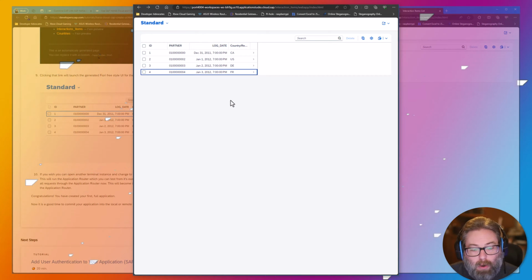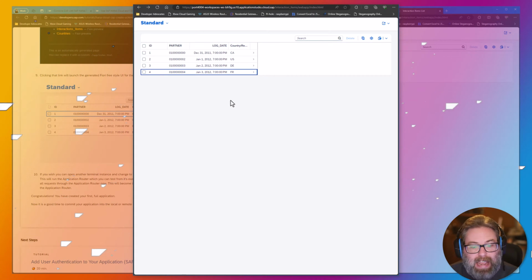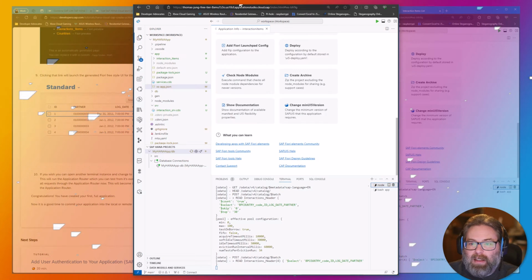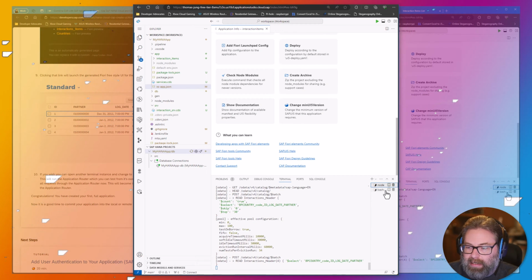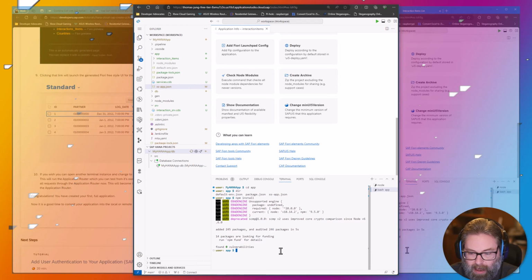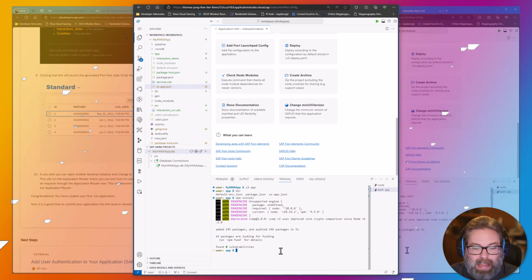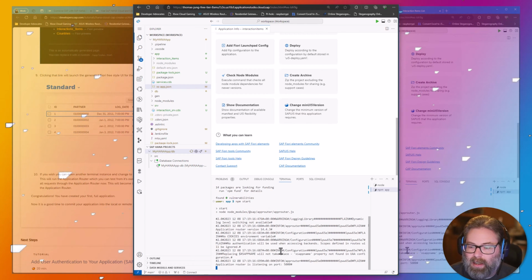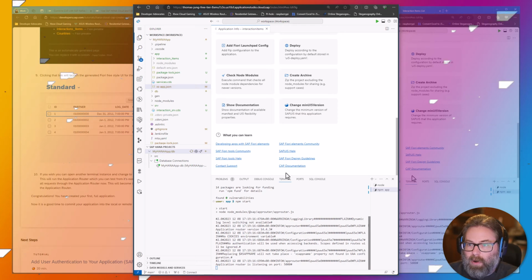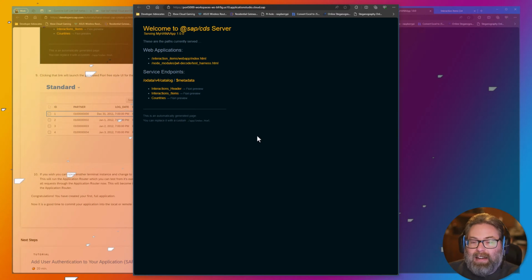Now, at this point, we could go ahead and run this via the application router as well. If we wanted to do that, and this is going to become more important in the next phase of this tutorial once we add authentication. But here from the app folder, we could do the same thing. We could do an npm start, and that's going to actually load up the application router. And see, it's running on port 5000. We'll go ahead and open that in another tab, and it looks the same.